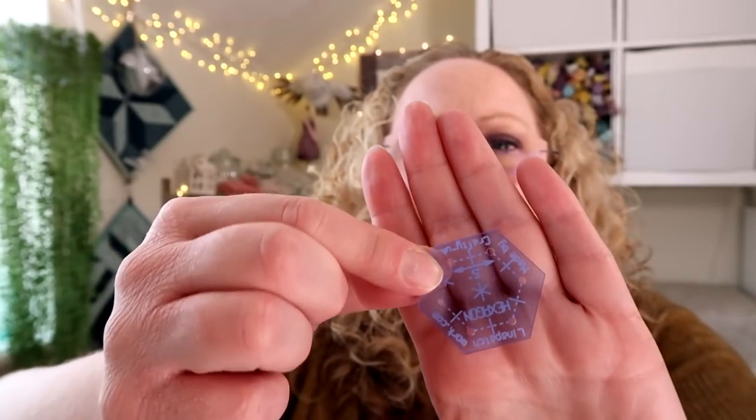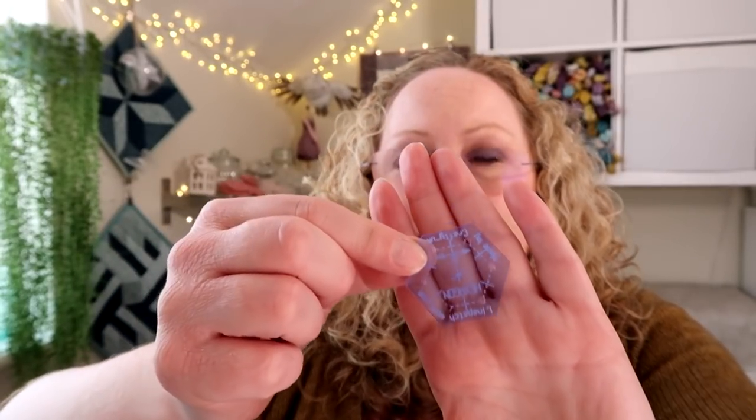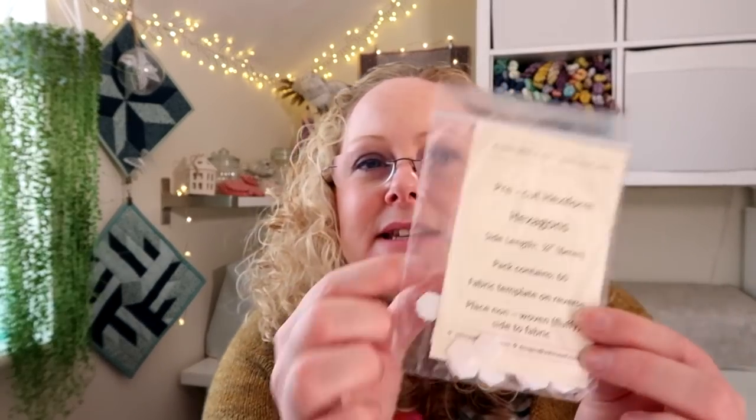That's where I got my little hexagon template from, especially for the 1/2 inch hexagons that I like to do the most. And also I got my hexiforms, which are these really tiny ones. Instead of having paper for English paper piecing, which you'd think would always be paper, these Ashmead hexiforms I find are really nice for when you want to have a little bit of depth in your English paper